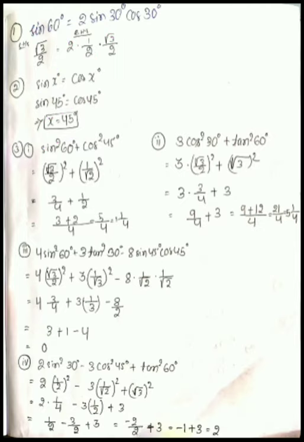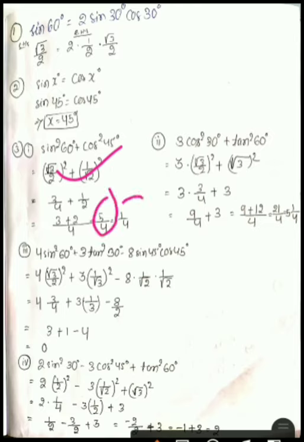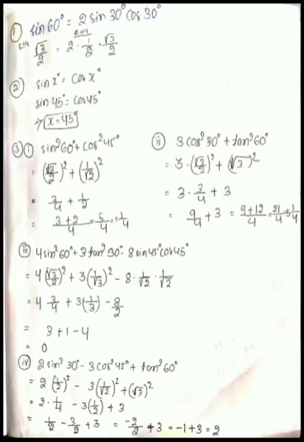Okay, now see question number 3. It is given, find the value of sin square 60 plus cos square 45. Okay, so what will be the value of sin 60 and cos 45? As I said before the table, okay, just recall it. You will get root 3 by 2 and 1 by root 2. Okay, since square is there, take it like this. Okay, now just solve it, you will get 5 by 4. Okay, since it is an improper fraction, convert it into a mixed fraction, you will get 1 whole 1 by 4.